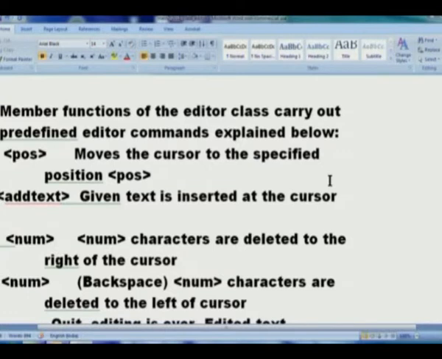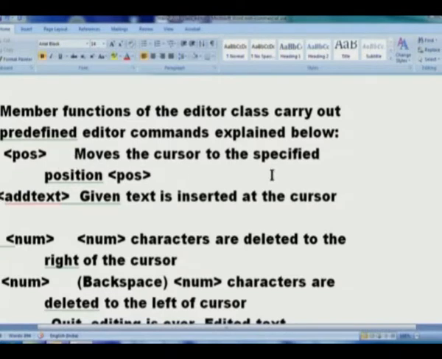So it is your main program which will read a complete text from a file. It will invoke the initialization. Then it will start reading editing commands from the users. If it says move 25, then your main program will invoke move cursor 25. Do you agree? That is how it should be. So that is why this program says that predefined commands which are explained below will be used.